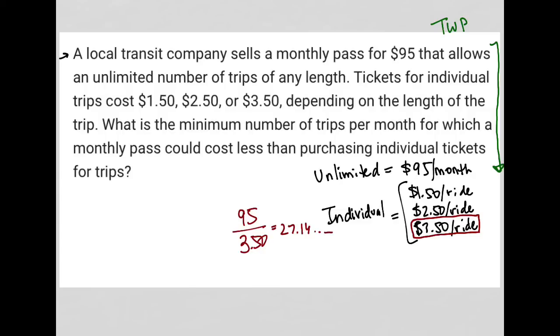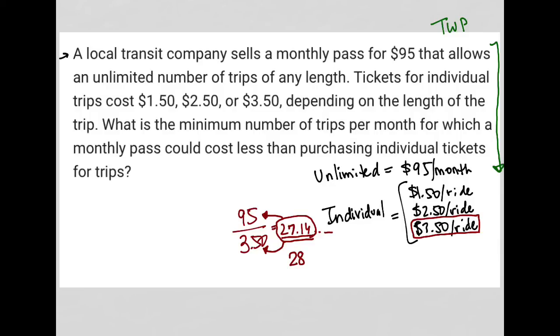27.14 and some other numbers there, which basically means that at this amount, which of course we cannot take a decimal number of trips, but if we could, that would be the break-even point. That would be where if I could take 27.14 trips, I would pay $95 if I had used the unlimited monthly pass, but I would also pay $95 if I used the individual trip price of $3.50 per trip. So really, as soon as I get to 28 trips, that next one up, that means by